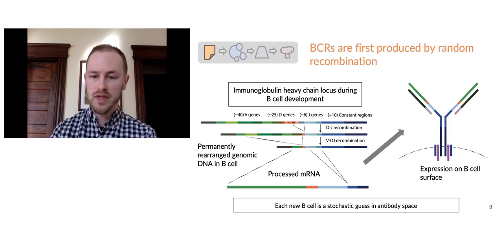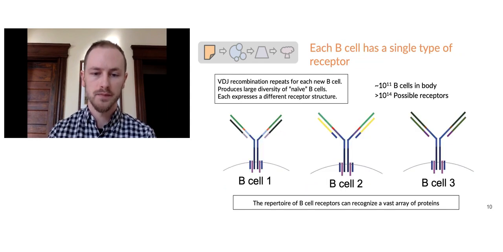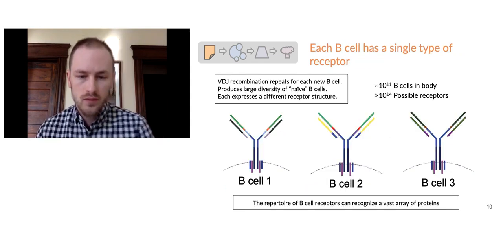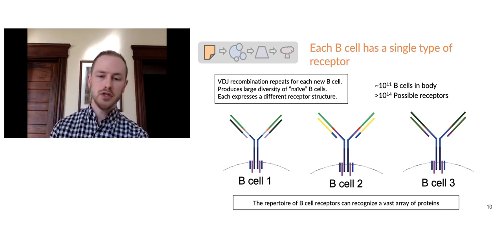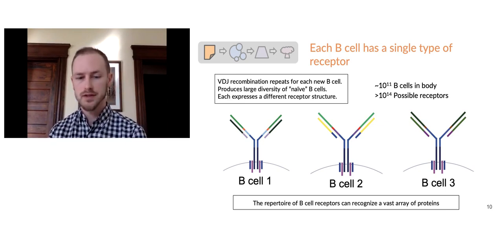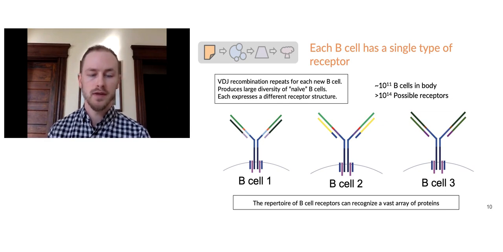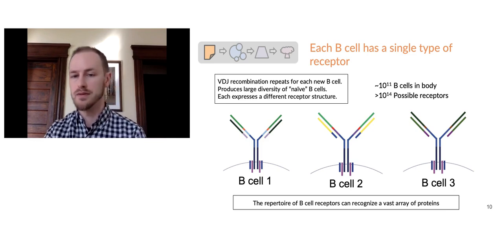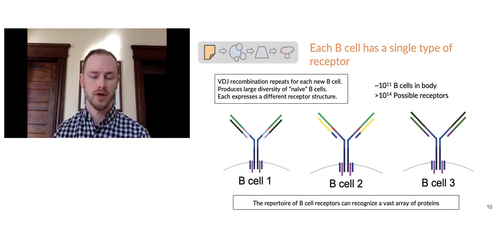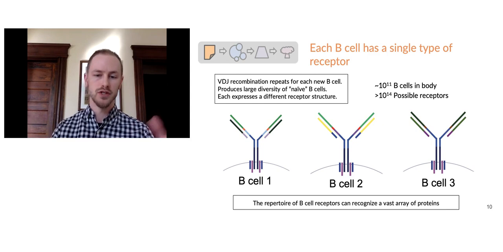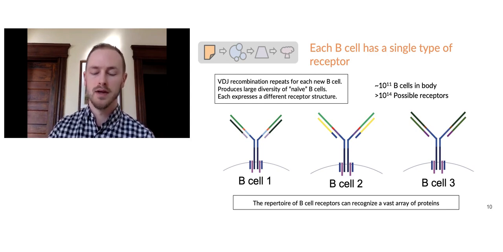Importantly, this new BCR represents a kind of stochastic guess in antibody space. This process repeats for each new B cell, so that each new B cell produces a more or less unique BCR. This produces a vast repertoire of naive B cells expressing different random guesses in antibody space. So of the around 10 to the 11 B cells in the body, there's more than 10 to the 14 possible receptor combinations. So this is a huge repertoire of naive B cells waiting to be bound to some kind